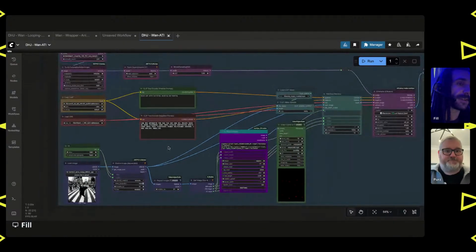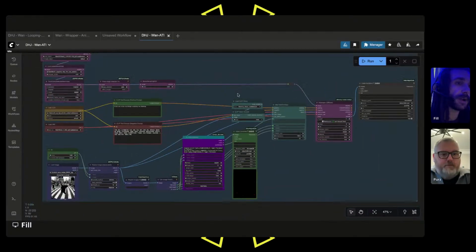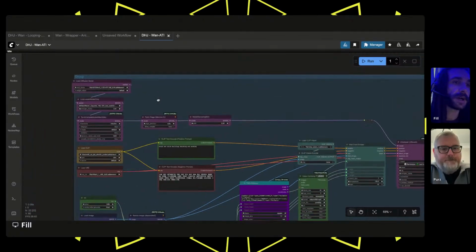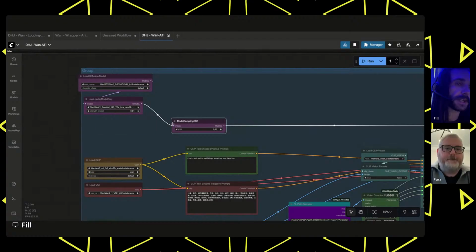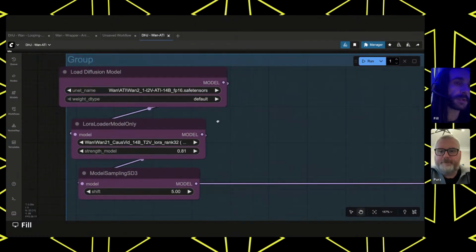Yeah, 100%. And so here's the workflow, guys. It's really, really simple. Not too much going on. Starting from the top left, I'm going to delete these two things. That's Sage Attention and Torch Compile. We actually don't want them. But yeah, so the model we're using is